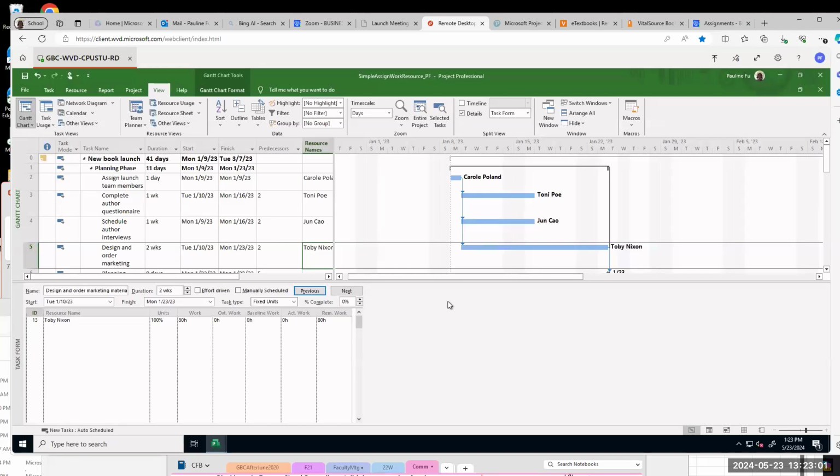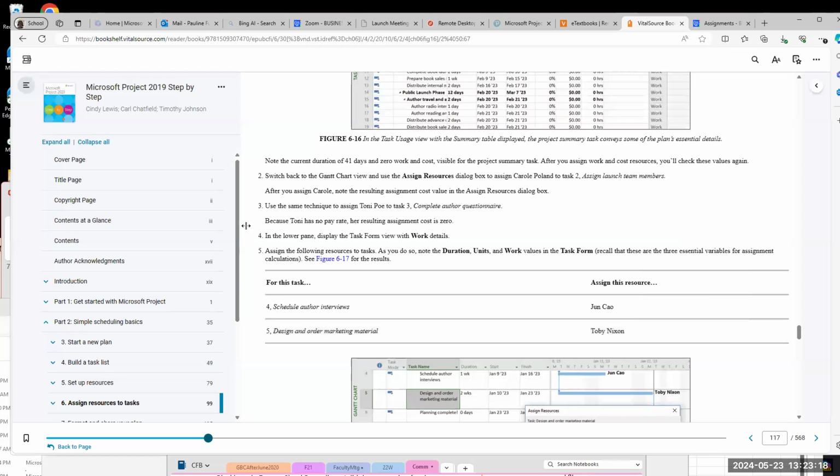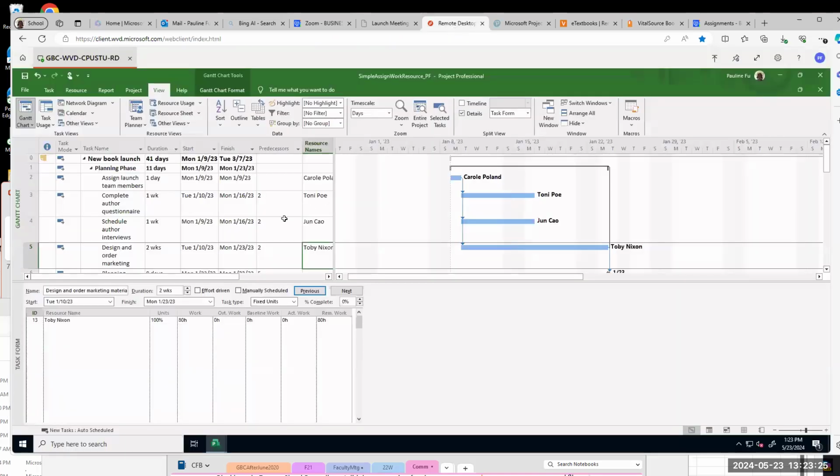Click OK button. Then we assigned Juncao to task 4, Toby Nixon to task 5. I don't see where it says previous and next on my worksheet. I have only OK and cancel. You may need to redo step 4. I will repeat step 4. In the lower pane, display task form with work detail. I'm repeating step 4 now because step 5 is connected to step 4.